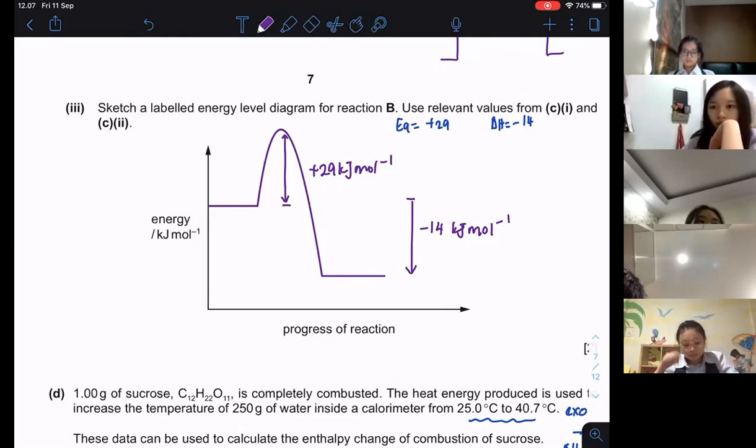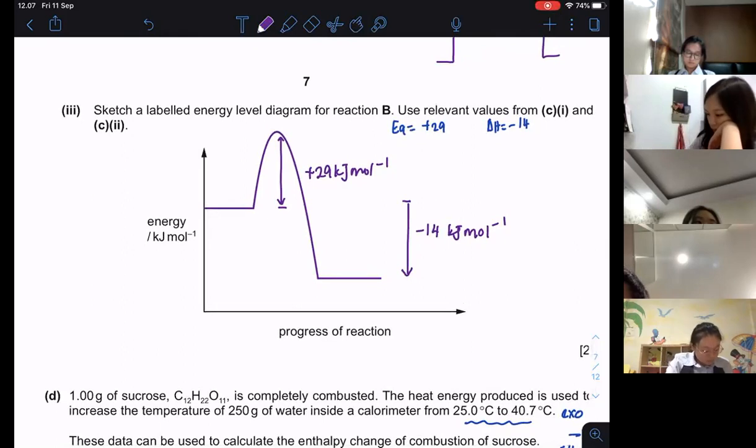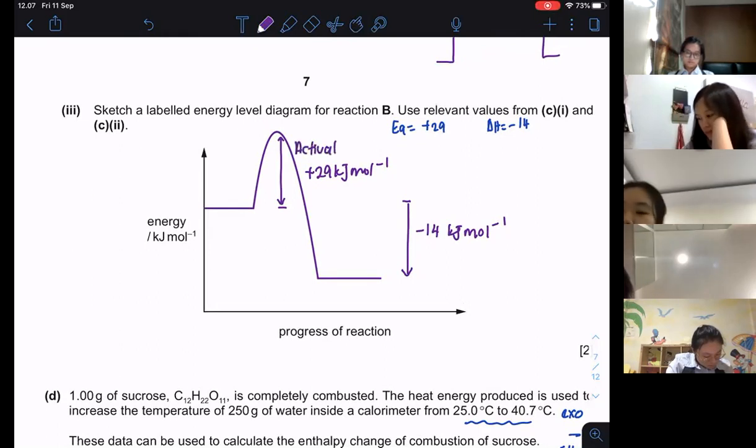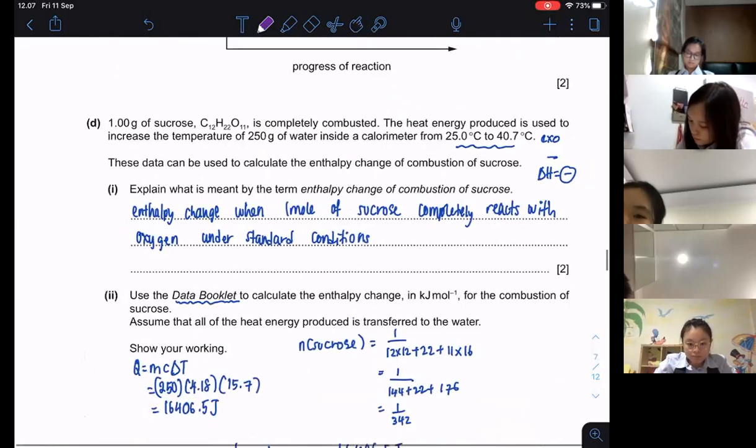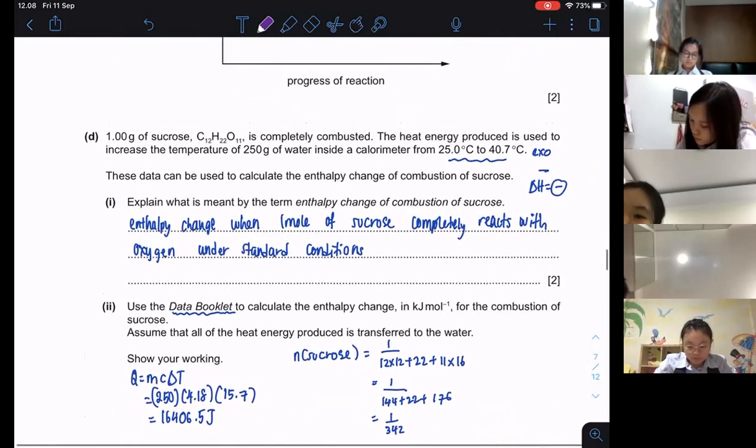Okay, let's continue. So here, sketch and label the energy diagram. Use relevant values, so please actually label. This one is going to be EA, your activation energy. Sometimes if students don't understand, we just write down activation energy. And this one is going to be delta H, your enthalpy. So you can actually label. Yeah, please label. Now, the next question is: 1 gram of sucrose completely